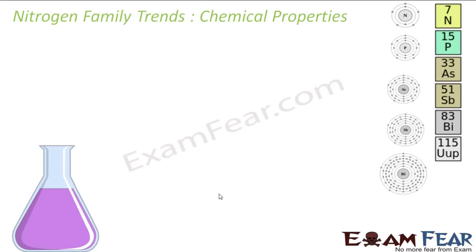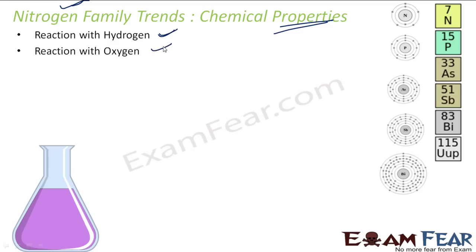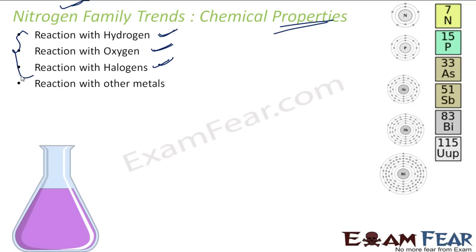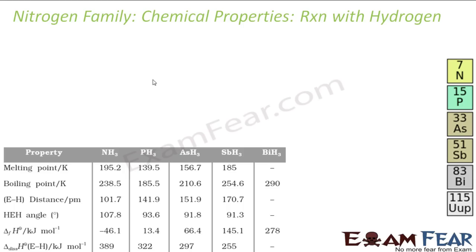Now we'll talk about the reactions or the chemical properties of nitrogen. Please note, I'll not talk only about nitrogen, we'll talk about the whole nitrogen family. We'll talk about the reactions of nitrogen family elements with hydrogen, with oxygen and with halogens. We'll talk about these three things. And we'll also talk about the reaction of nitrogen family elements with other metals. So let's start with the reaction of nitrogen family elements, or the group 15 elements,